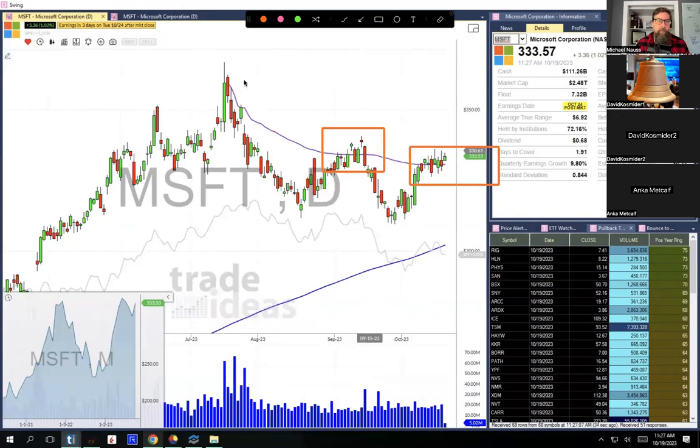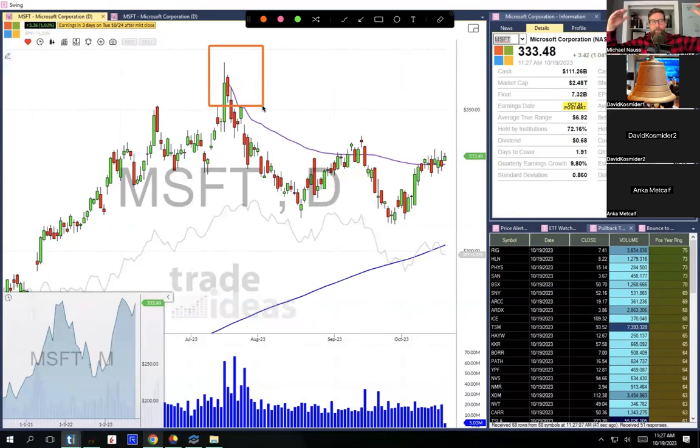So this is the anchored VWAP, basically saying if you started a dollar cost average in Microsoft at its highs, then you are now up money as of like 2 days ago. You started to make money if you started to buy as this thing was at all-time highs. That's good, right? That's all there is to it. It means I like to use these anchored VWAPs.